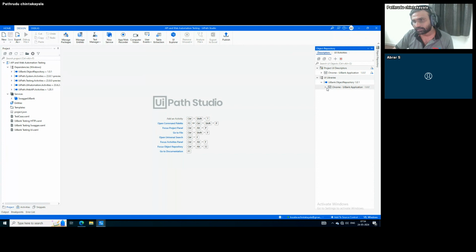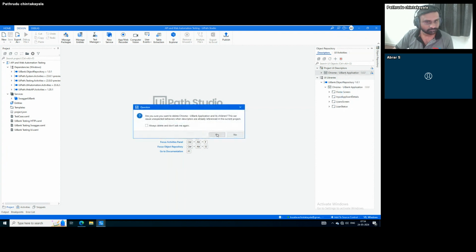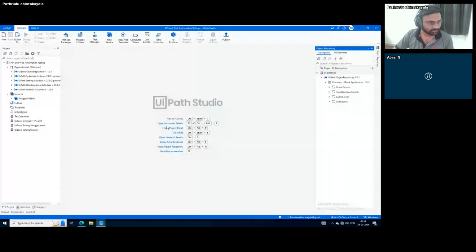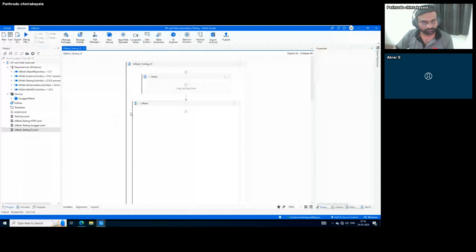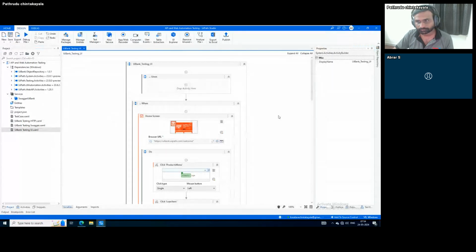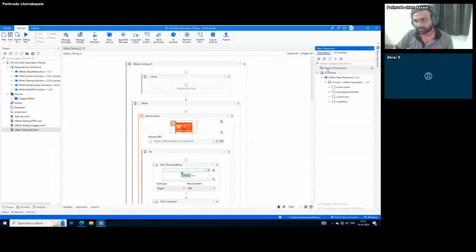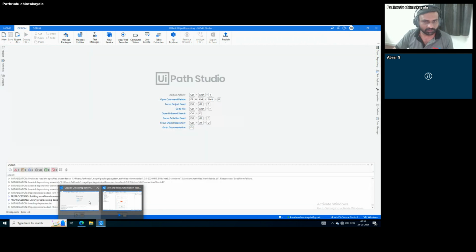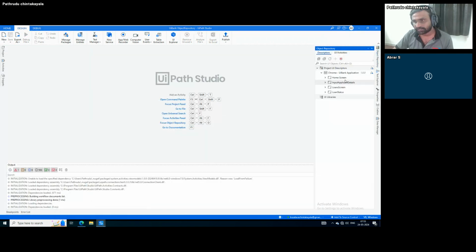See here. Under UI library also I got this. I can just simply delete this. Welcome to UI. So even if I remove my object repository, this library is helping me out. So let me come back to the object repository, and here let me update all these applications and republish it